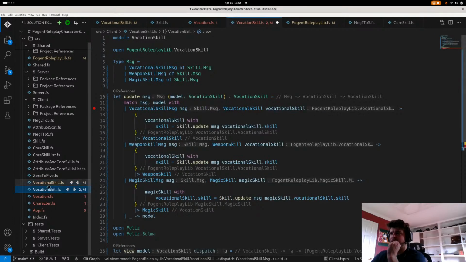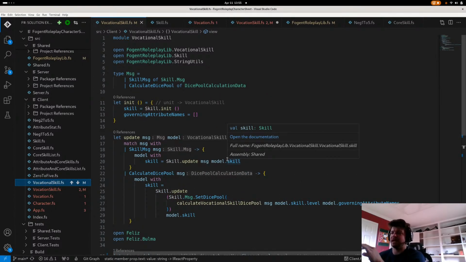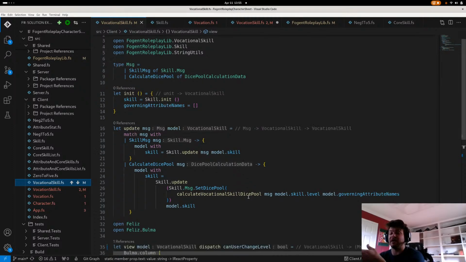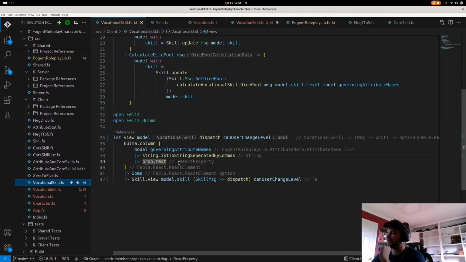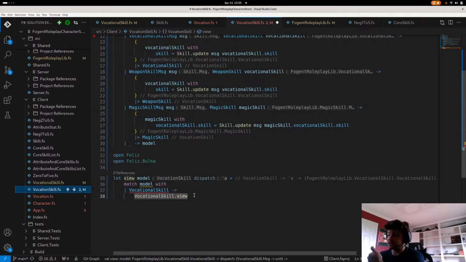Hold on. Well, here, we'll continue building, and then once I have it stable and it's running, we can refactor it, and I can show you some really clever things to do. But we're going to continue forward. We have our vocational skill. All that looks good. Now what we want to do, up in vocation skill, for the vocational skill view here,